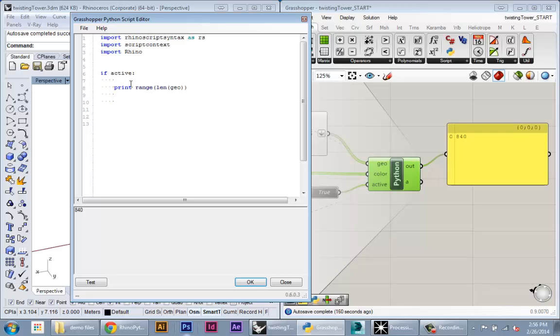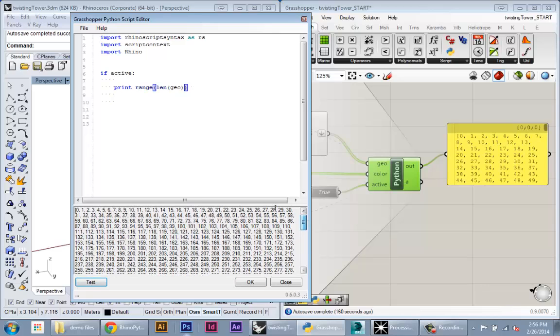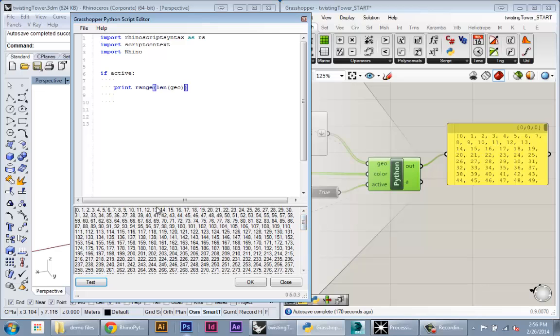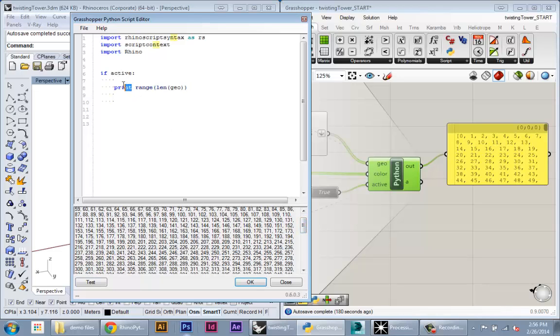Just to show you again, I'll print range of len geo. It's going to create one number for every index up to that maximum length. So this will give us an index to get every piece of geometry, every surface, one after the other. Now if we set up this loop, we say for i in range len,